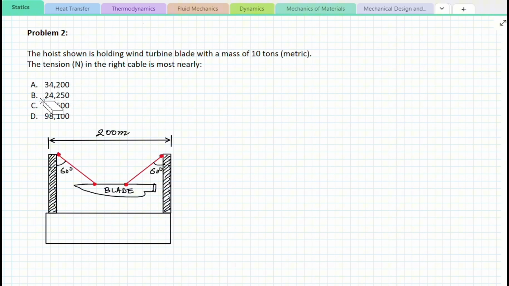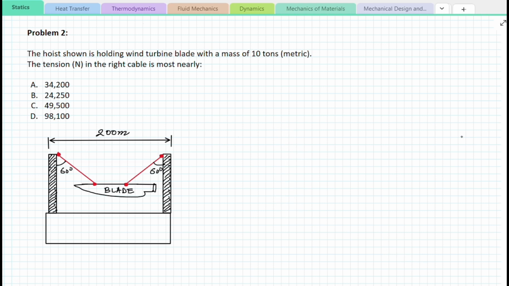Option A, 34,200. Option B, 24,250. Option C, 49,500. And option D, 98,100. So the very first step on this one will be to draw the free body diagram to make it